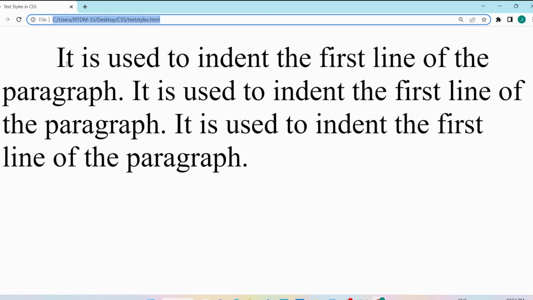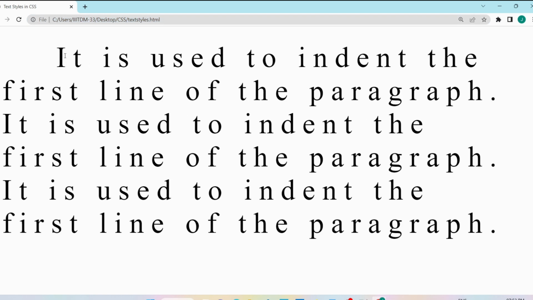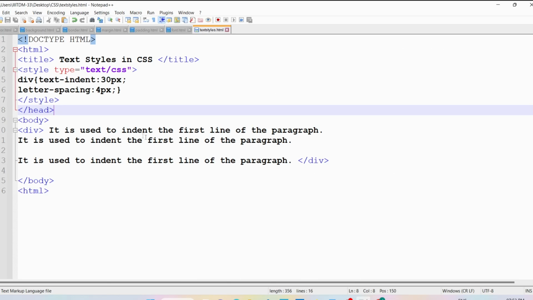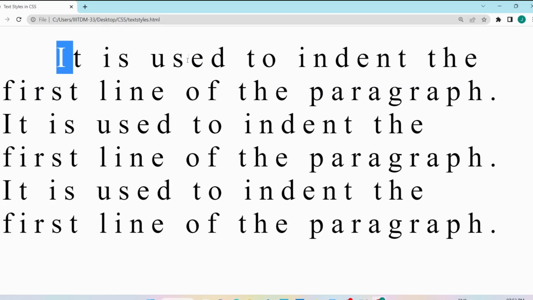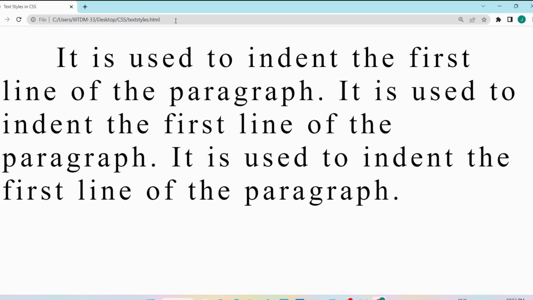Now if I refresh, between the letters you can see some 4 pixel space. If you want to reduce the space, in place of 4 pixels you can provide 2 pixels. Let me save this one, go to the browser, and let me refresh it. Now you can see still there is a space between each letter, so that you can do with the help